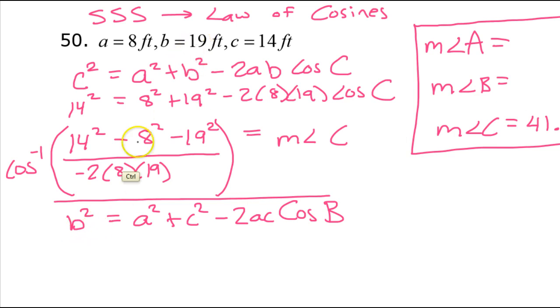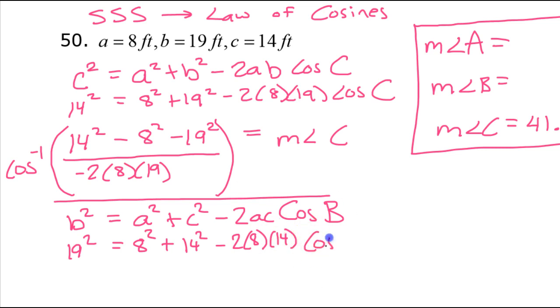So B squared, so I have 19 squared is equal to 8 squared plus C squared, which is 14. Okay, minus 2 times 8 times 14 times the cosine